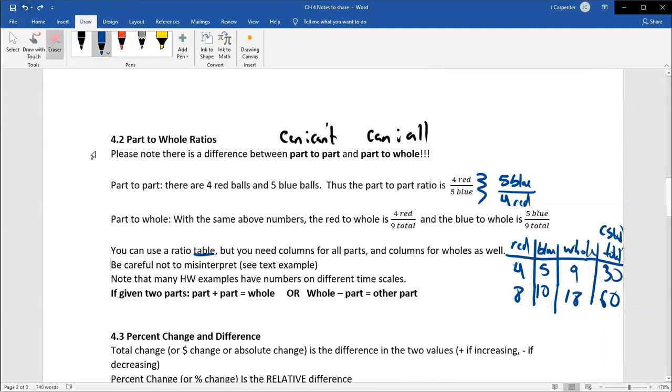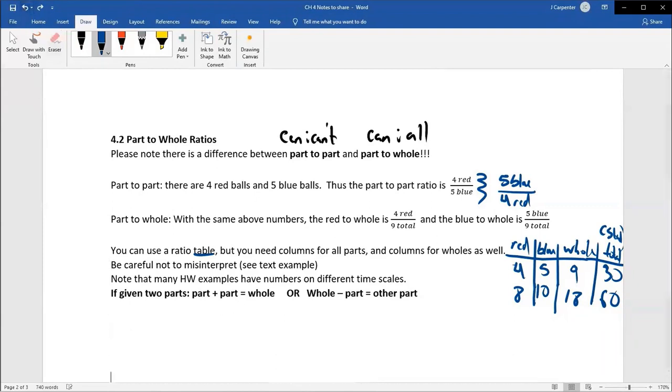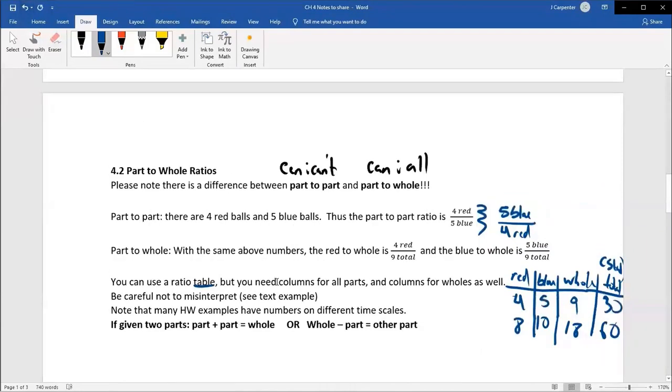And then just one little final detail before we go into that example, and this I think is pretty obvious, but let's say I told you the 4 reds and 5 blues. Well, you can find the whole by just adding the 2 parts. But what if I told you instead that there are 5 blue dodgeballs, and I also told you that there were 9 total? How could I have figured out how many red, as long as we know that there's only 2 types of dodgeballs? Well, it's just an algebraic rearrangement of part plus part is whole. You just take the total, subtract 1 part to get the other. 9 minus 5 is 4.